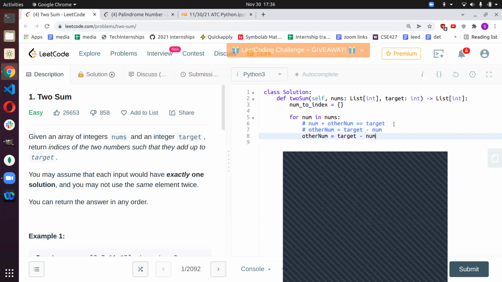You can see here, if you subtract num on both sides, we get other num. So we have to see if this number is already in our dictionary, in this num to index dictionary. We're just going to keep track of all the numbers. So if other num in num to index, return num at